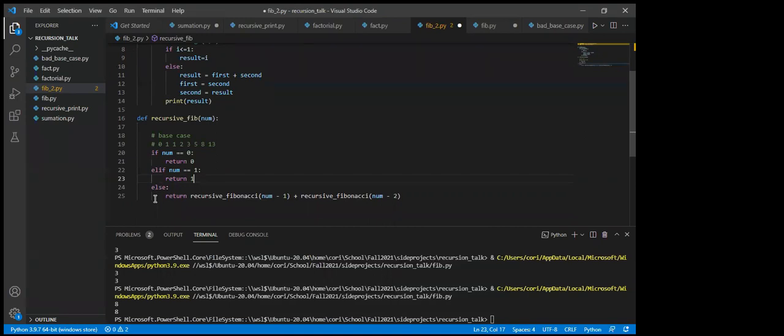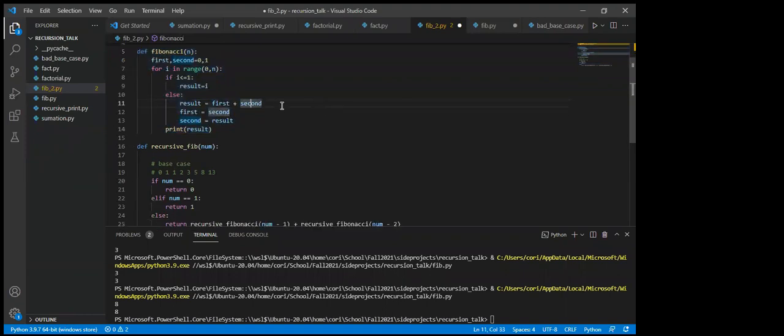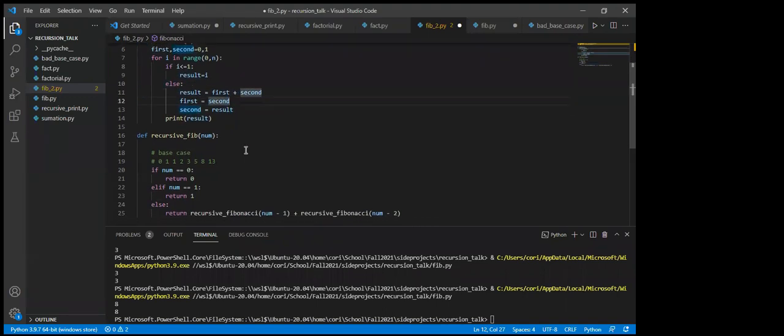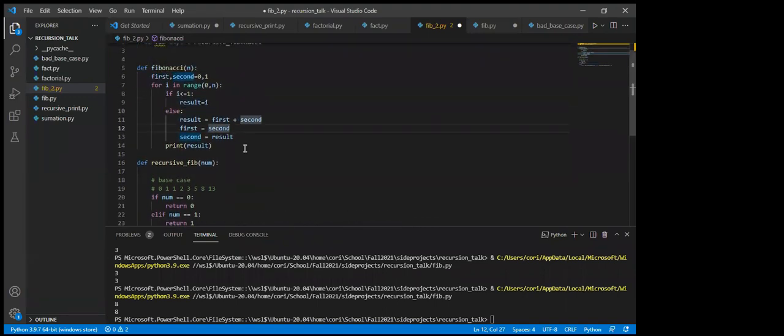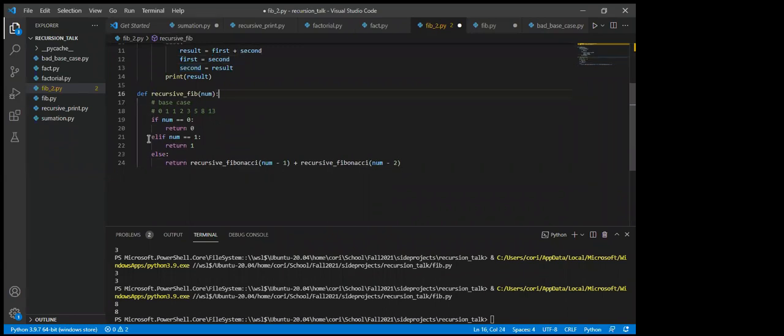in this case that the iterative Fibonacci is a little bit garbled and it's kind of hard to understand what it's doing. It's switching numbers around here and then printing a result, and it's kind of a hassle to read. The recursive Fibonacci has 2 base cases, and otherwise it does one thing. So in my opinion, it's a much more elegant solution to this sequence. So we can do our print of